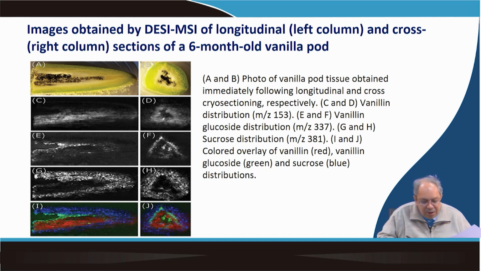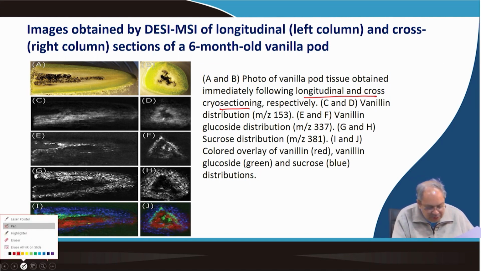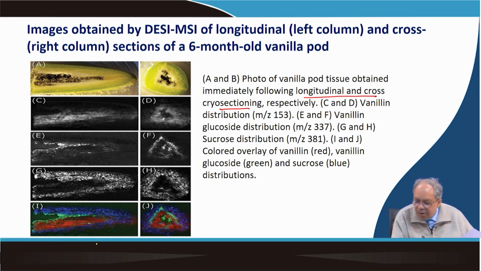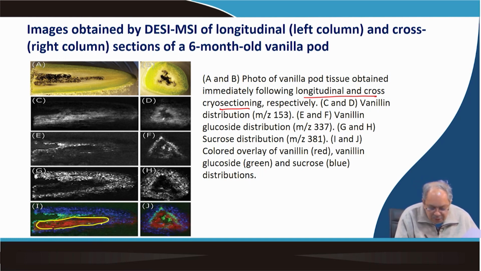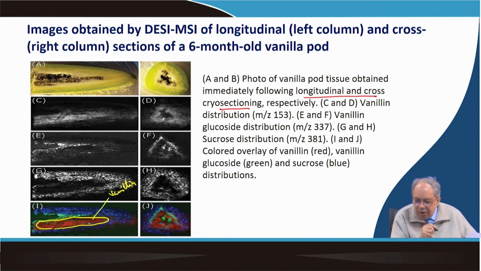So, they have done a longitudinal section, and this longitudinal section they did by cryosectioning, and then they did mass spectrometry of that directly, and then what you see through this new technique is that the red portion is basically the vanillin. So, this is where the vanillin is accumulating,